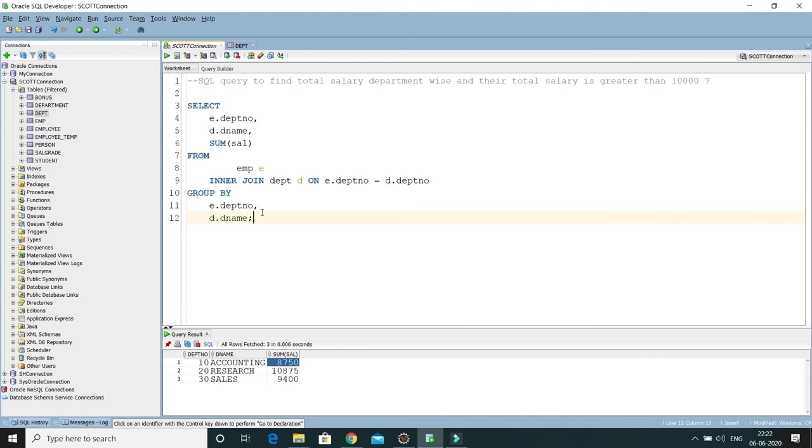When you write a SQL query and you have a group by clause, you apply the having. Here I am going to write having, and in the having clause we can apply a condition on this total salary. Here you have to apply the condition greater than 10,000. That's it.